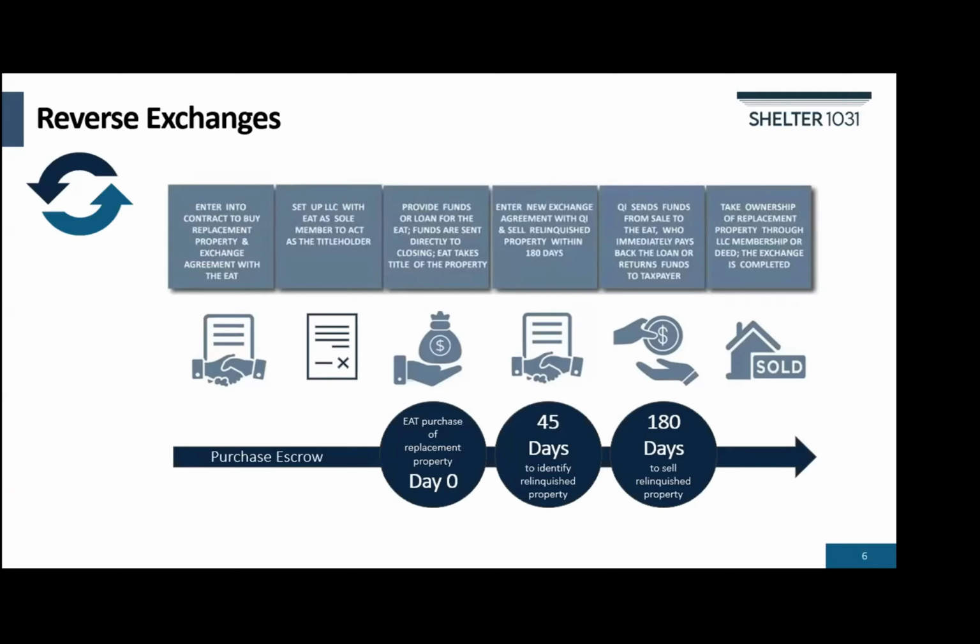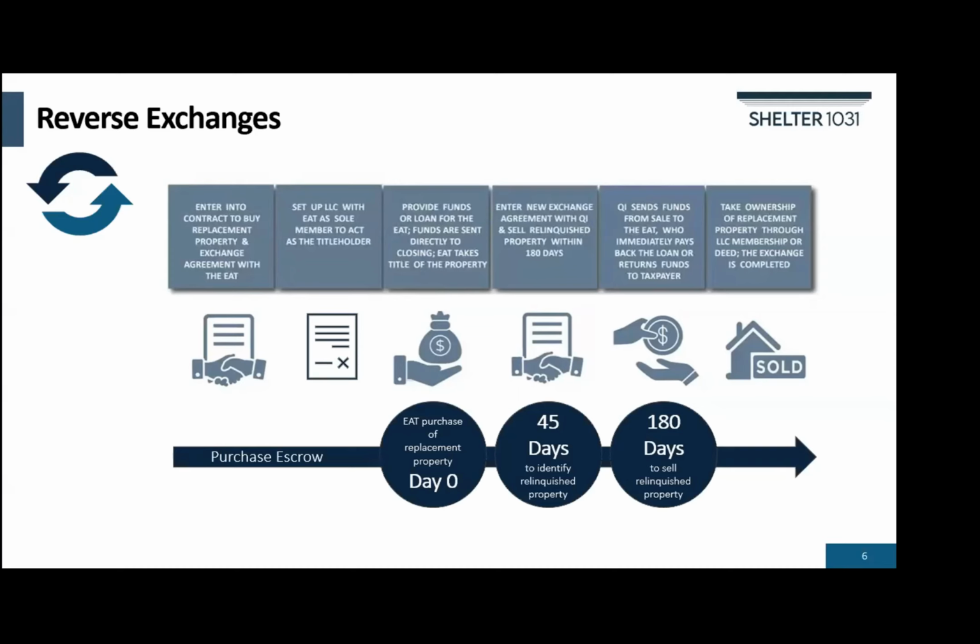To conduct a reverse 1031 exchange, you start by entering into your purchase contract and bringing in your qualified intermediary who serves as an exchange accommodation title holder, or EAT. As a side note, an EAT relationship is more expensive than a regular QI because the EAT is taking legal title to the property and doing a lot more paperwork, including creating a special LLC. Just as in a regular purchase, you put up the funds for the property, but technically the property is sold to the EAT, who holds it on your behalf.